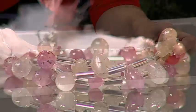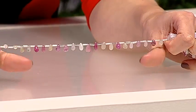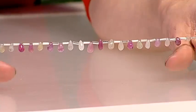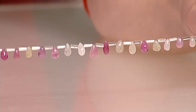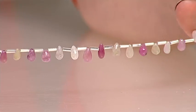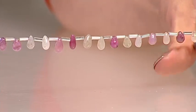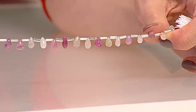And of course, as soon as things start becoming more sought after, then the price can go up on them. It's supply and demand. And because we only sell natural gemstones, sometimes supplies are difficult to find. But look at these, absolutely stunning. The difference in pinks that you've got here, you've got bright raspberry colours, and then they go into those deep,